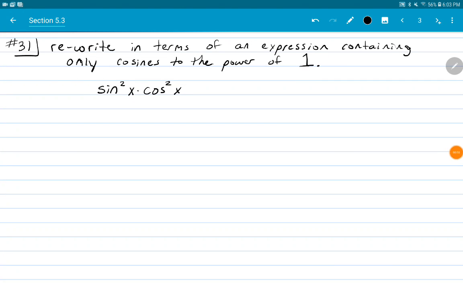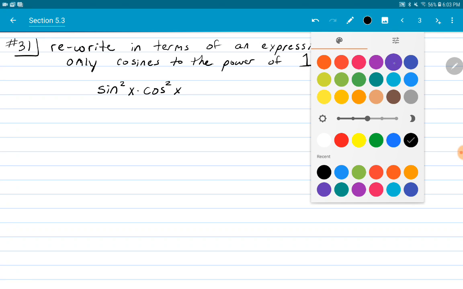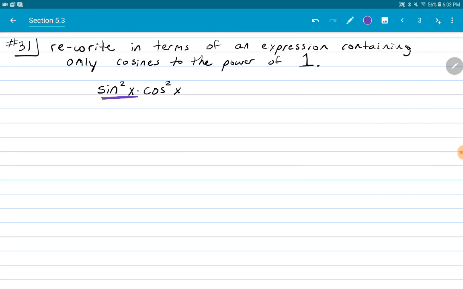Section 5.3, number 31. We're going to rewrite this expression in terms of an expression containing only one cosine, or only cosines to the power of 1. So we need to use the power reduction formulas. The power reduction formula for sine squared x is